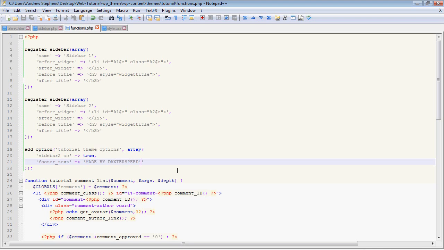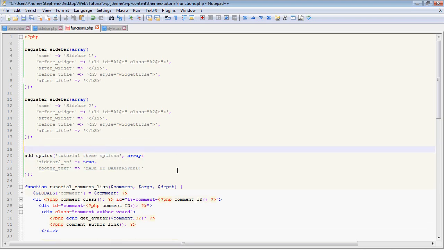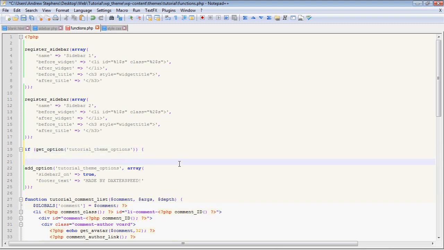However, this will run every time we load up this functions page, and we don't want that because then we'll get a lot of the same option. So we're going to use a function to see if the option already exists. If we can get the option, which is tutorial theme options, that only takes 1 argument. So if we can get that option, I'm actually going to set this as a variable, theme_options